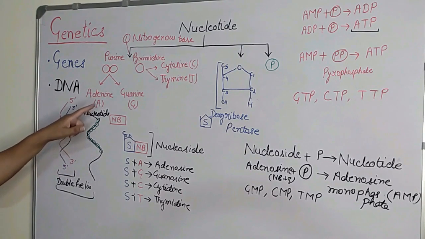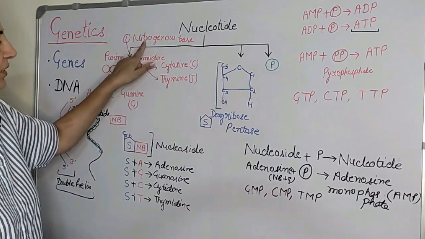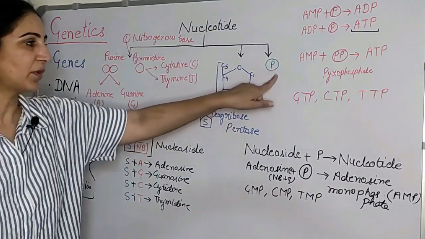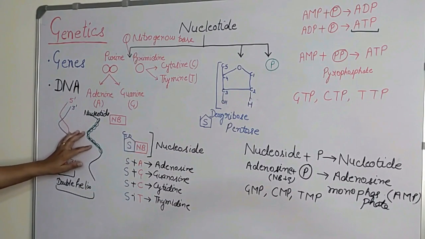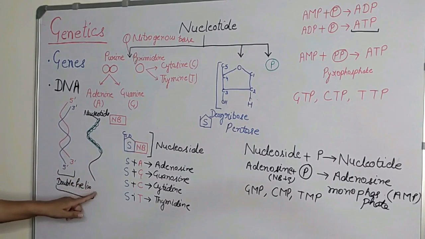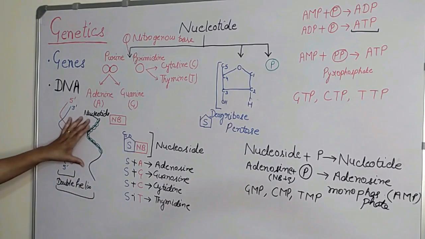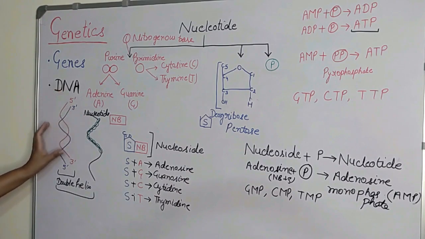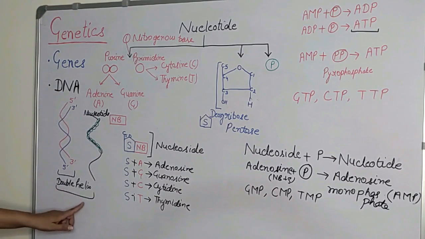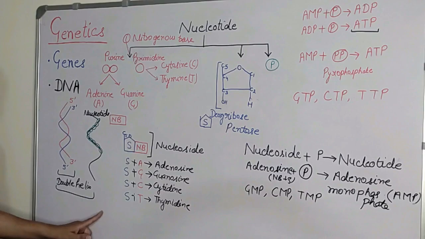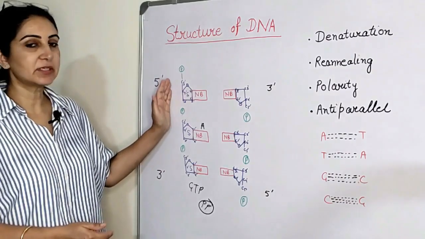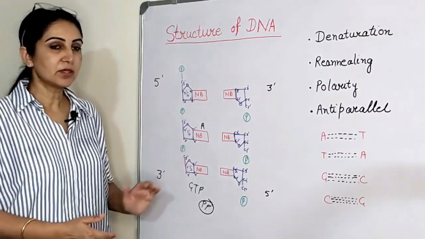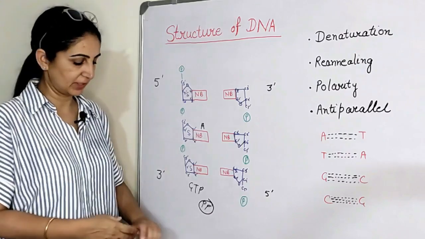What are polynucleotides? These are made up of a nitrogenous base plus deoxyribose sugar plus phosphate, and when so many nucleotides are bound to each other, we get a single strand of DNA, and when two such linear single strands of DNA get coiled around each other to form a double helix, we get the double helix of DNA. Now we have seen how we make the nucleotides. So let us now synthesize a chain of nucleotides so as to form a single strand of DNA.